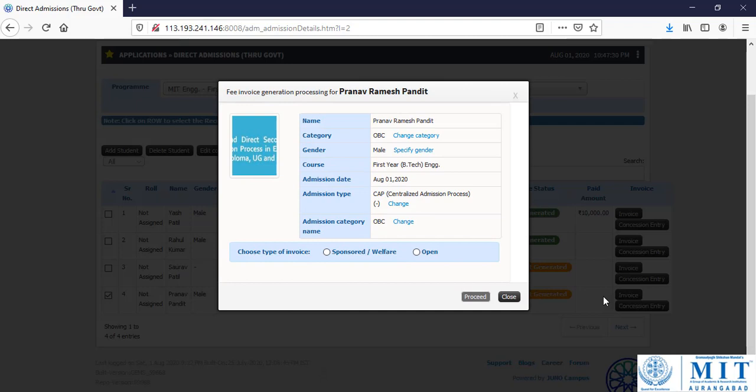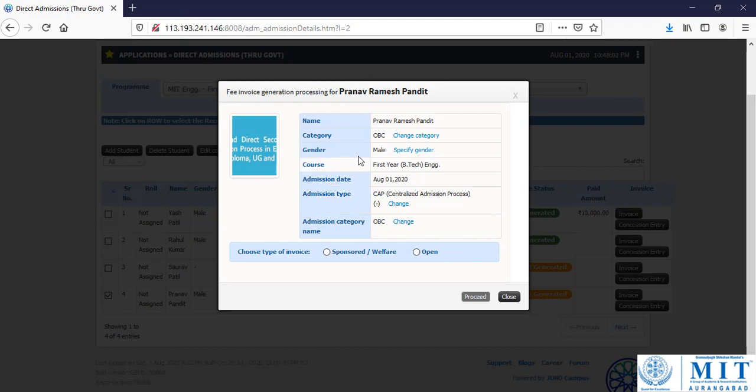Okay. Now this is the very important step of the admission. We are going to generate the invoice of the student, and it is completely dependent on the category and admission type of the student. So whenever we are selecting the category and admission type here, carefully we are going to input the information, because the fee structure which we are going to map to the newly admitted student is completely dependent on the category of the student and admission type of the student.